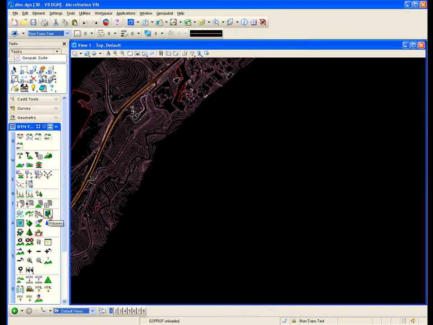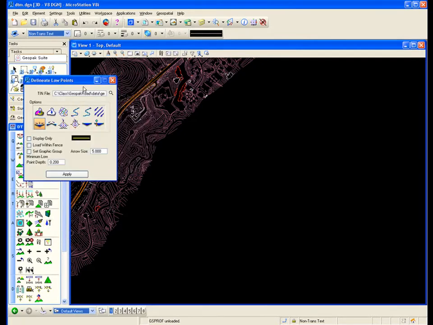So let's look at, we could have volumes, we can compare volumes, elevation difference, slope areas, we can do themes, which gives us slope and percent of slope in a graphic format. In other words, it will go in and put color schemes as to where different elevations exist. We have drainage tools, and this is one of the more used tools in this particular list. If I select drainage tools,